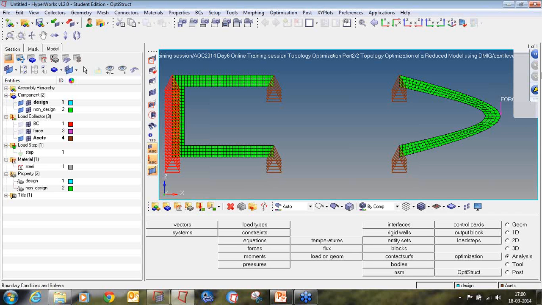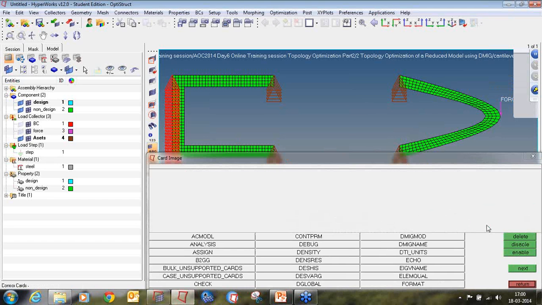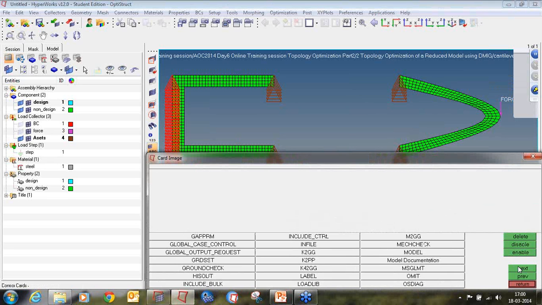So we will go to the analysis page to define these parameters. On the analysis page, select control cards. We will input some of the control cards. Click on next, again click on next, and select PARAM as the card first.